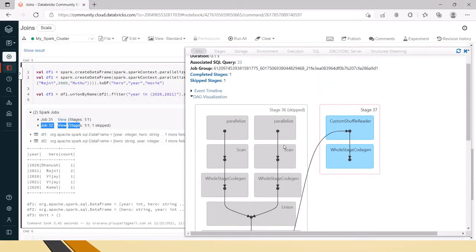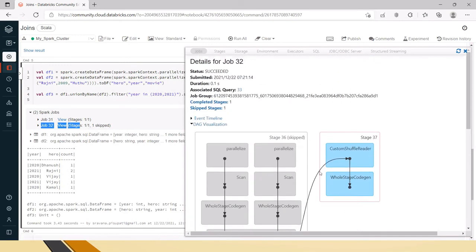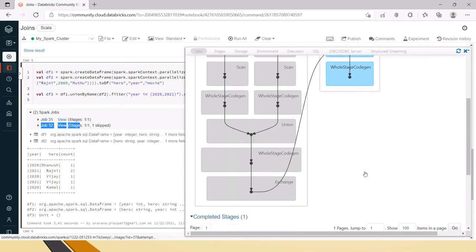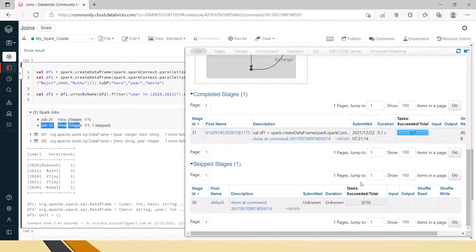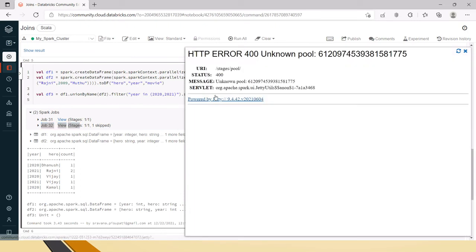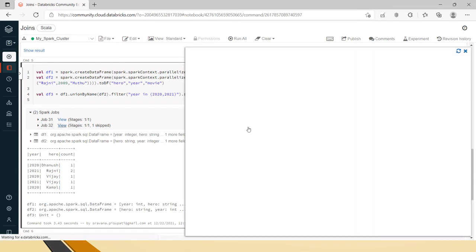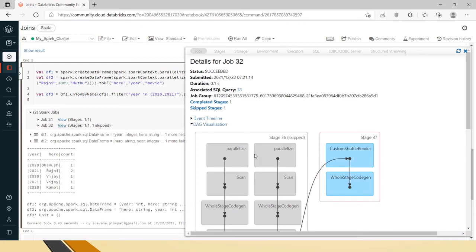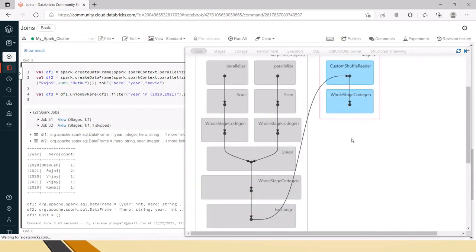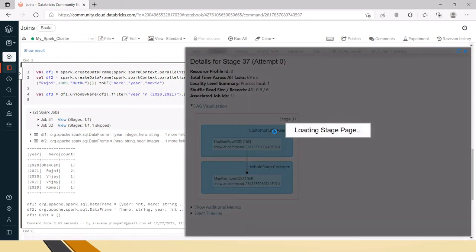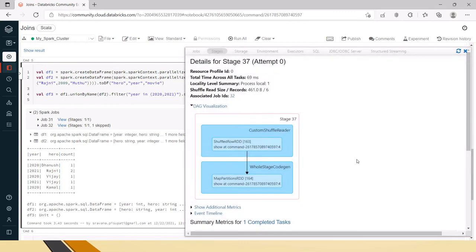So this is what will happen, and we have seen how all these things happen, and what is skipped, and when the second stage is created. If you want to go further, you can check the pool name or description, like the show at command. You can go through all these things in the typical Spark UI, open it and click on these things to understand what exactly is happening in each stage.